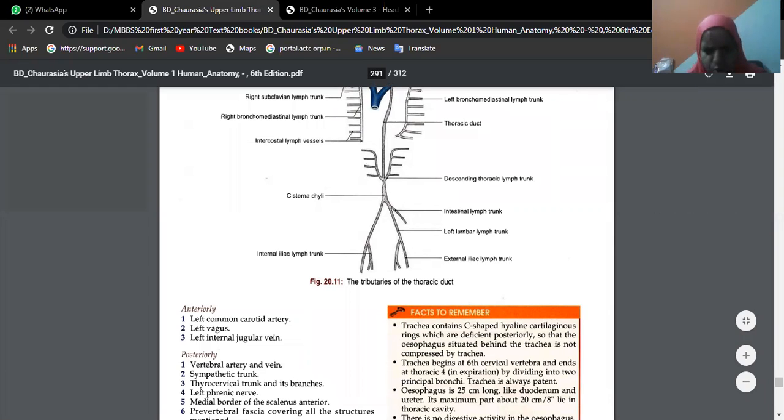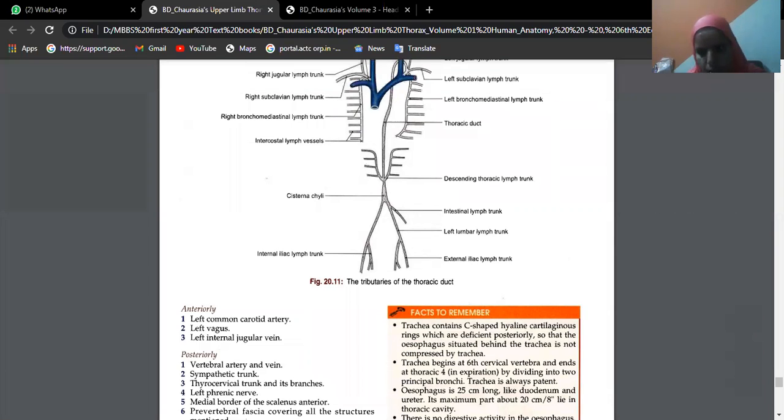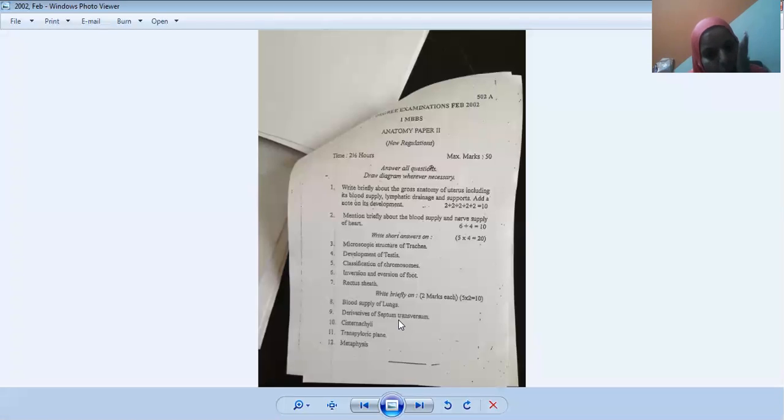So this is for just 2 marks. The information is more than enough. You can draw that picture. It will be highly beaded because it has valves inside and it has to pump this lymph against gravity as it moves into the thoracic duct, which will drain into the left subclavian vein.